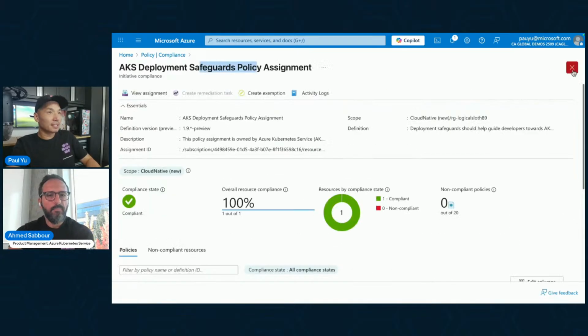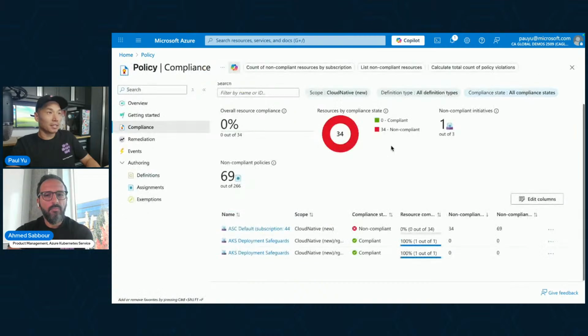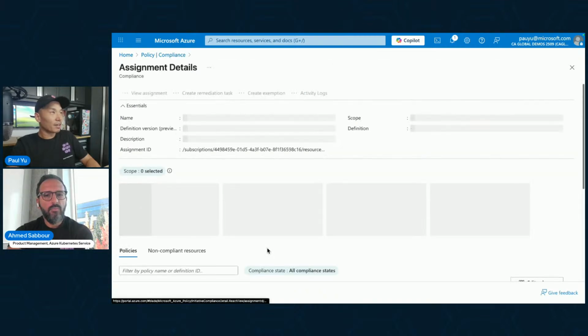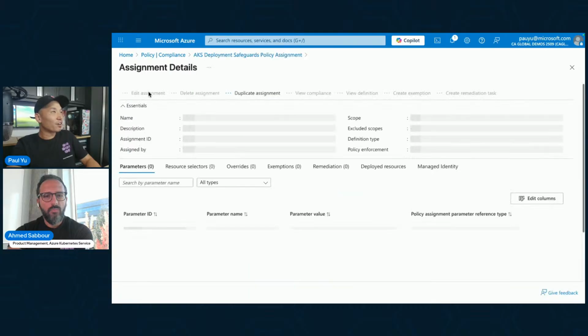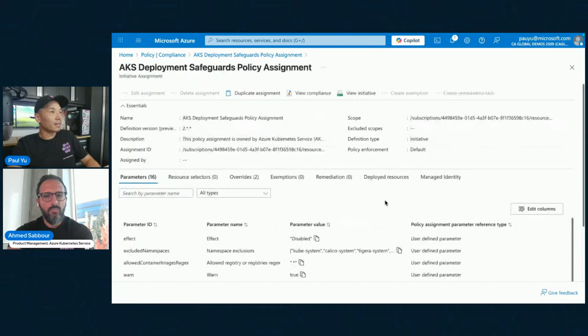Let's take a look at the other option in deploying this stuff. So if I go to this one, I think this is the right cluster. Let me just double check here. When it's done loading, come on. Okay, so this is it. So if I go to edit assignment, and we just take a look at what it is over here,